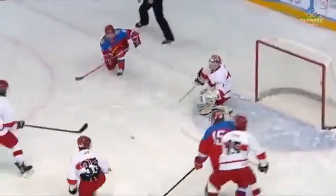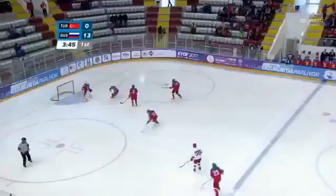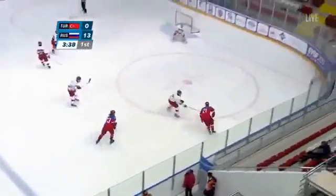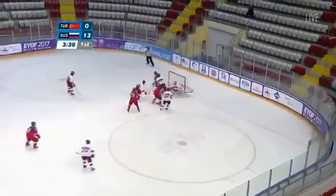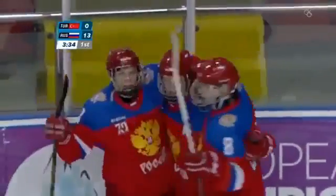What a setup there. Look at that. Very unselfish. He's mid-rink. Didn't have much of a chance, but it's a shot on goal. And here they come again. We've seen that skating right around. And the goalie makes the first save. Impossible to clean up the rebound. And that's another one